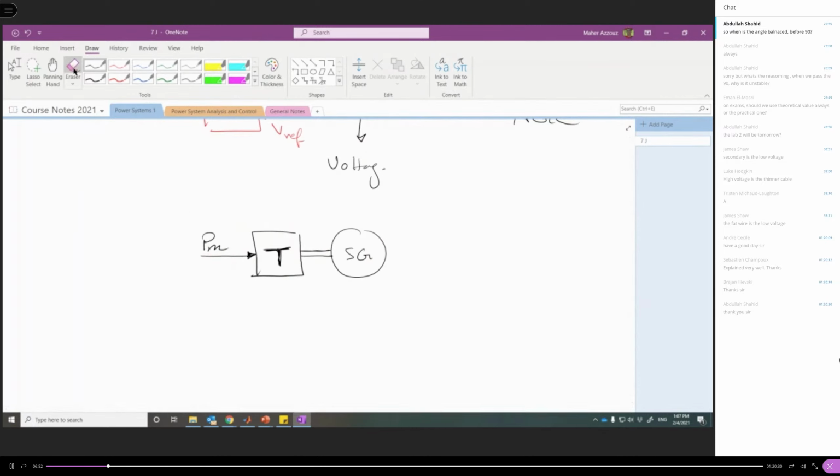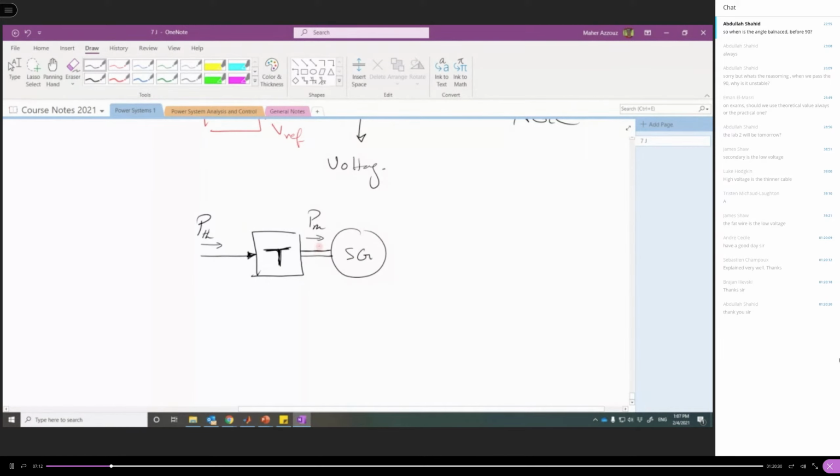Or not, this is actually the thermal power, but the mechanical power is from the turbine. And we have the thermal power here, or the kinetic energy, or whatever. So I'm going to call it P thermal. Okay, so the governor